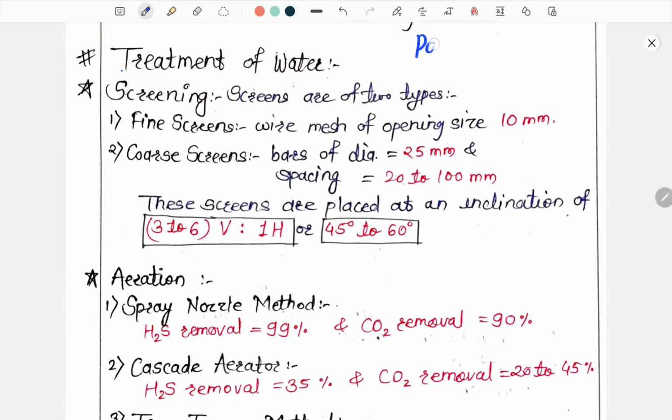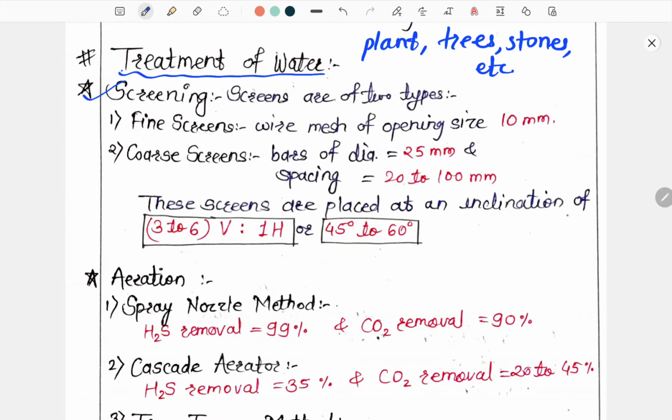In this video, we will discuss the fourth part of the Environmental Engineering Quick Revision lectures, which will include treatment of water. These videos will be helpful for your various competitive exams related to civil engineering. So let's start. Here we will discuss various treatment processes involved in the treatment of water. So the first process is screening. Screening is done to remove the heavier suspended impurities such as plants, trees, stones, dead animals, etc.